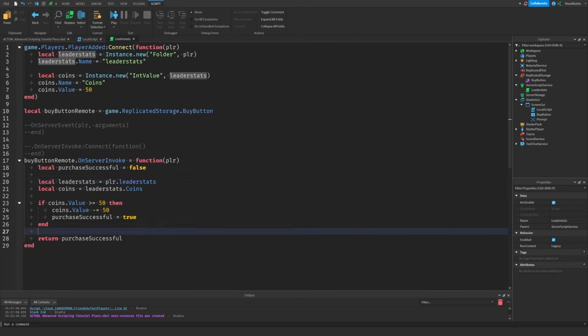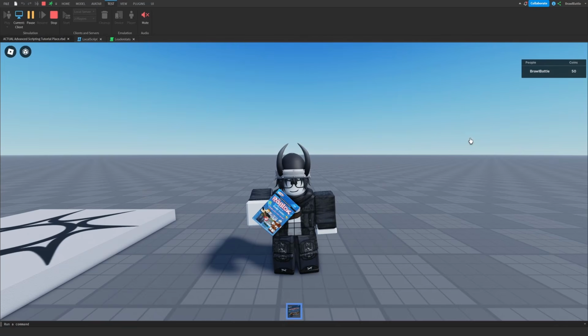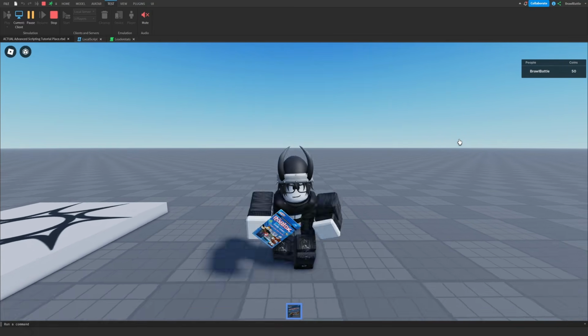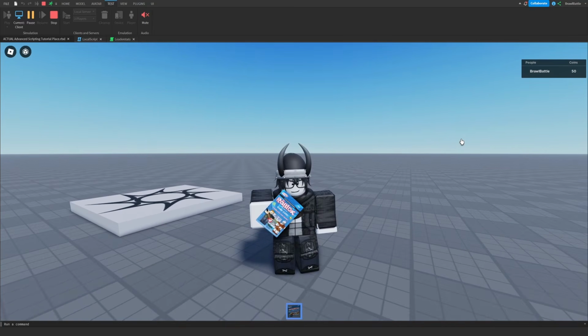Other than that, everything else is still pretty much the same. It's just the little syntax difference that you need to be able to understand why it is the way it is. So for this last part of the video, I'm actually going to make this into a challenge. And I'm not going to lie to you, this challenge is actually going to be very fun. At least I think so anyways. Because essentially what we're going to do is we're going to create a tools shop system using everything we learned up until this point. And there's 3 requirements I have for you to do